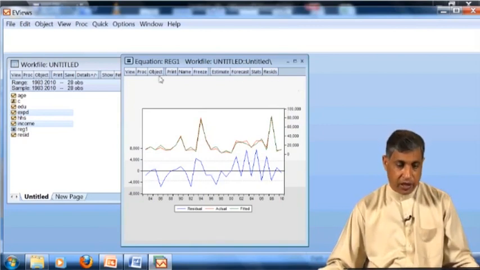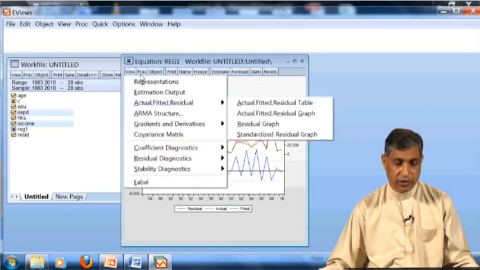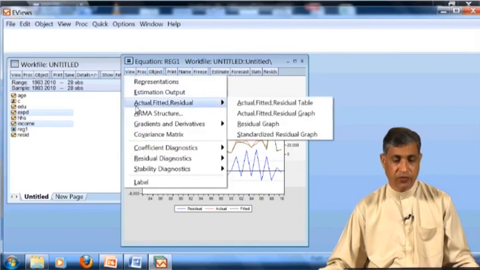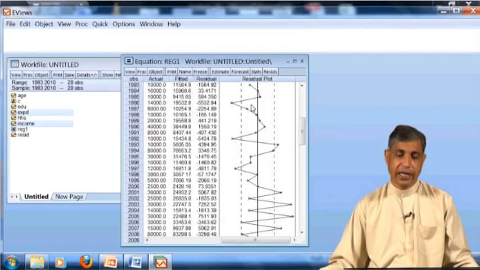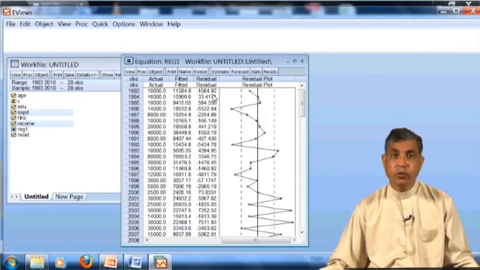Now you can go to View, Actual, Fitted, and ask it to show you the table. These are your residuals, and you can see sometimes this is the straight line, sometimes it is above, sometimes below, right and left.